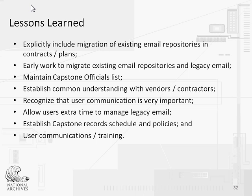But if they are going to want to intervene and override the automatic processes, they may need extra time to manage their legacy email. So, for example, when we moved the archives into ZL Unified Archives, people were concerned about what got moved in there. This is in an archive system now and everybody can see it, or other people can see it. We reminded them that only you have access to your inbox, but there were a lot of people going in and doing searches and deleting emails from their husbands, their banks, things like that, which goes back to training where